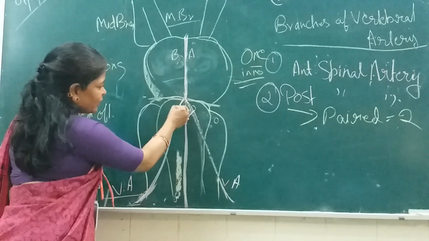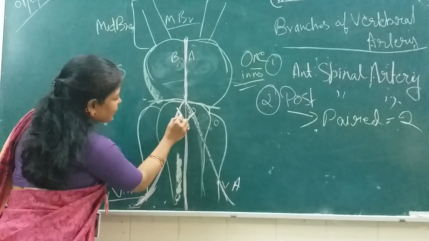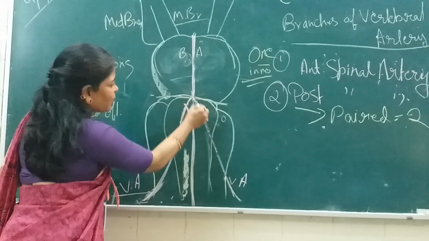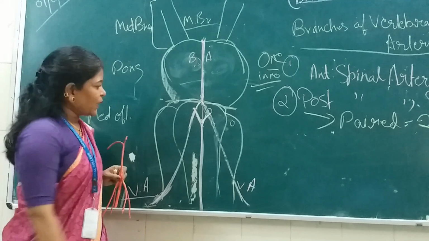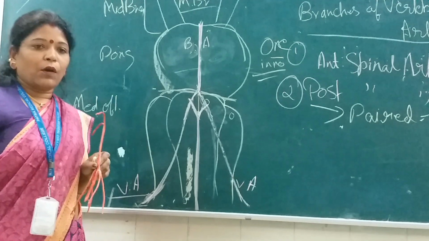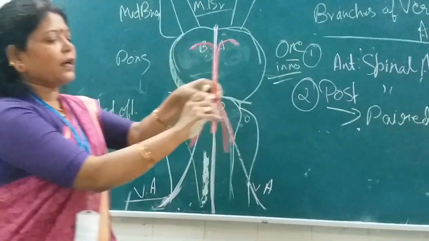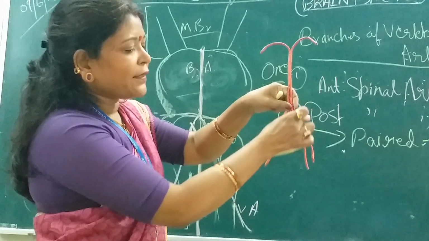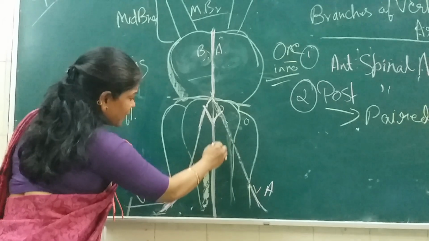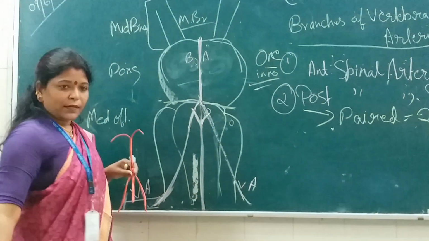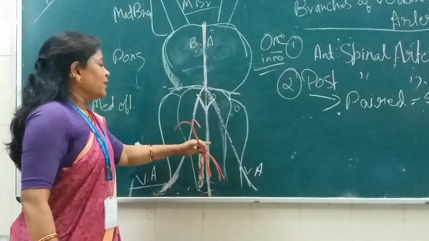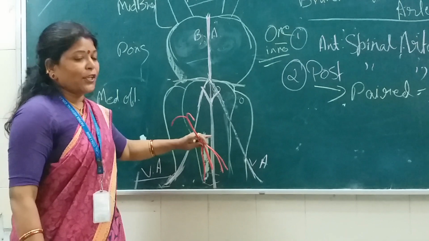Look here, this very structure, this is also a branch, this is also a branch. That means both the branches are coming from either side of this vertebral artery, and they unite in the midline, forming a common trunk here. Okay, like this. It forms a common trunk in the midline, and this anterior spinal artery runs downwards over the anterior sulcus of what? The medulla oblongata.